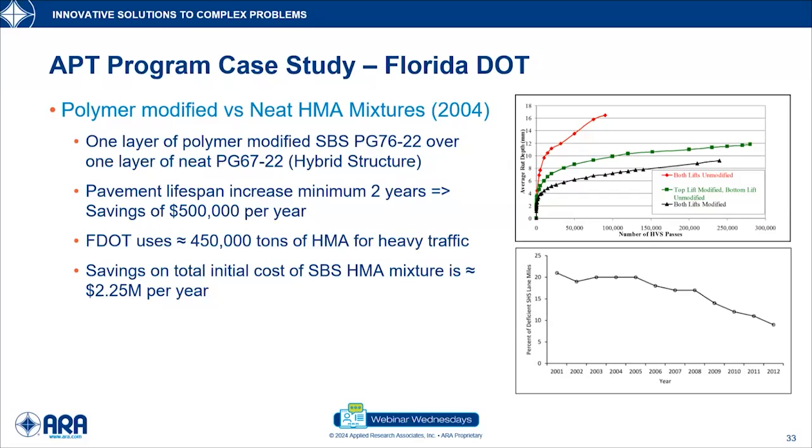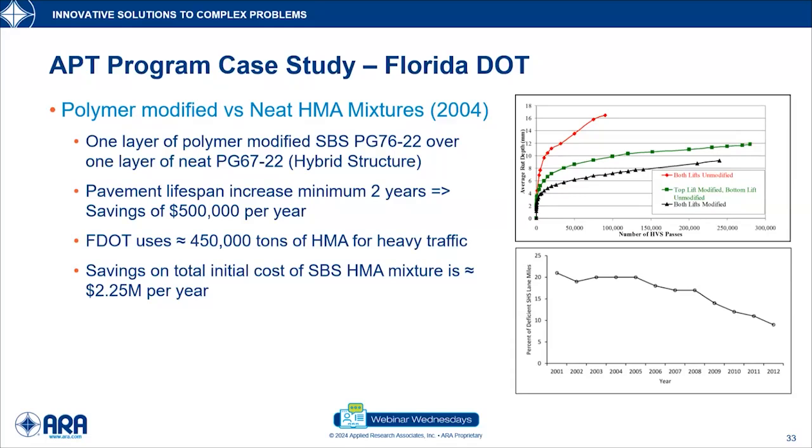So they subjected these test experiments to APT testing. And if you can see my mouse, you see that the both-lifts-unmodified section generated significantly high permanent deformation, or rut depth, with a small number of APT passes. But when they did both lifts modified, you see that it's significantly lower rut depth. But to their surprise, with this combination hybrid structure, one modified and one unmodified, they were able to meet the rut depth failure criteria, which in turn means that they can increase the lifespan of the pavement without having to go with 2 modified lifts, and most importantly, that they introduce savings. If you count around 450,000 tons of HMA a year, that is around $2.25 million per year in savings alone